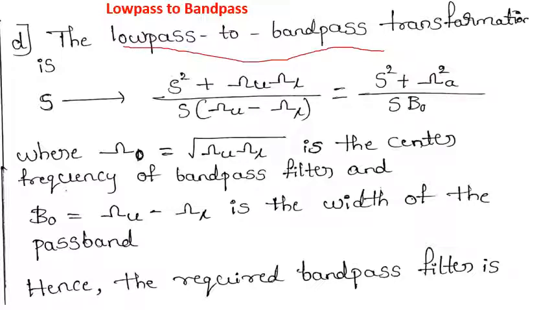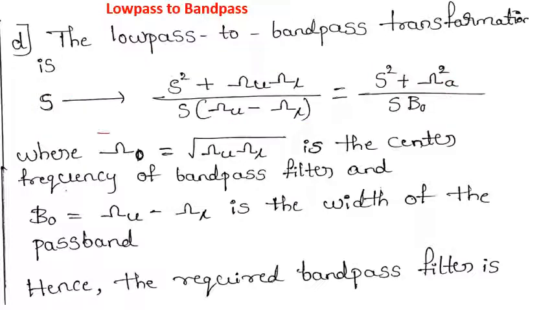The low pass to band pass transformation states as in the transfer function H of S of a low pass filter, wherever there is S, that has to be replaced by S square plus omega u multiplied by omega L, entire term divided by S into omega u minus omega L. The equivalent of this formula is S square plus omega naught square divided by S times B naught,